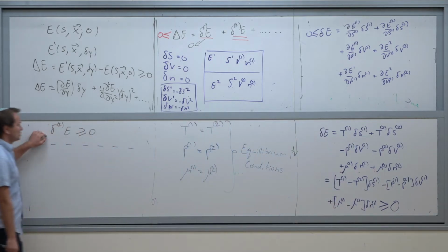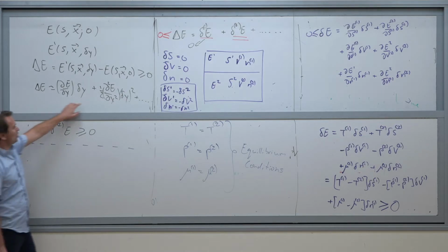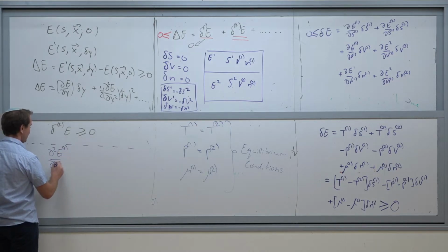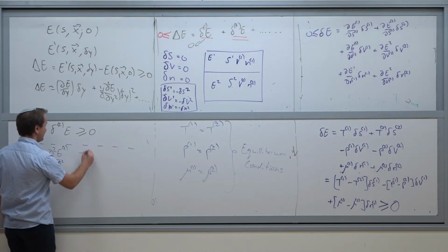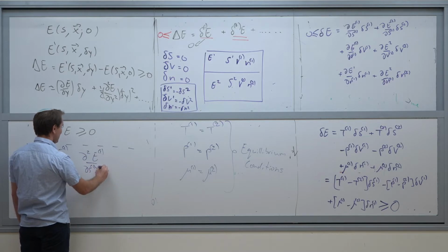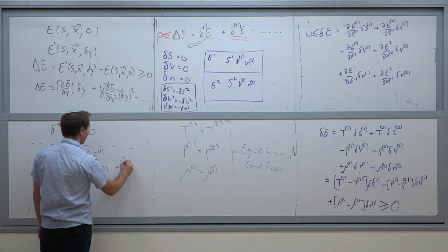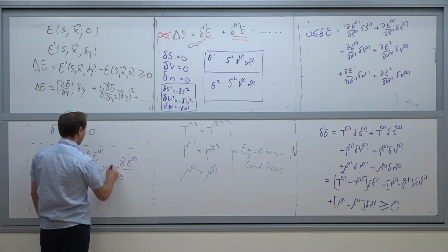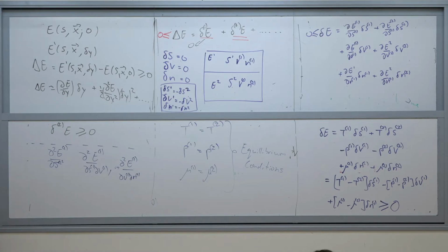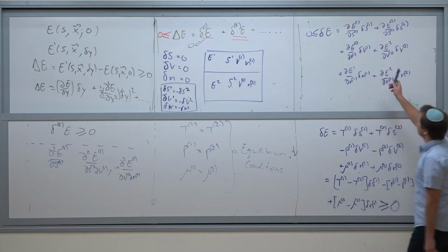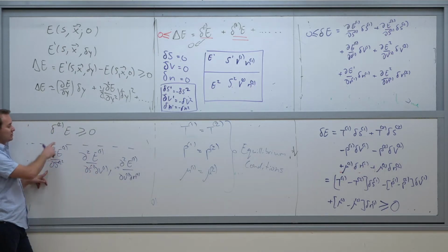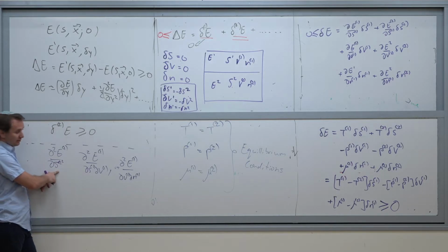When we establish the conditions from the second variation, we will have d squared E1 over dS1 squared, for example, and plus d squared E1 over dS1 dV1, and plus d squared E1 over dV1 dN1, etc. So we will have a lot of mixtures of different partial derivatives, and since here we already have 6 terms, doing all of this expansion for 3 variables and writing down all the mixtures of different derivatives is actually